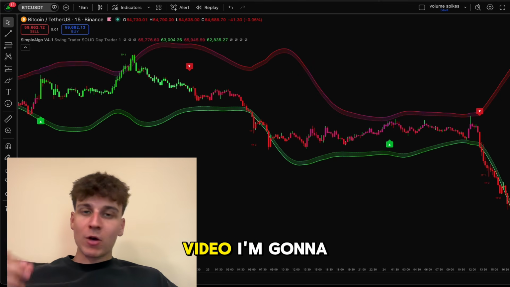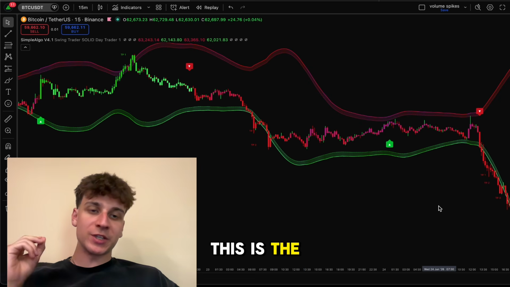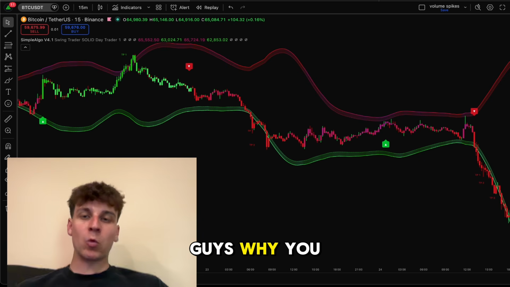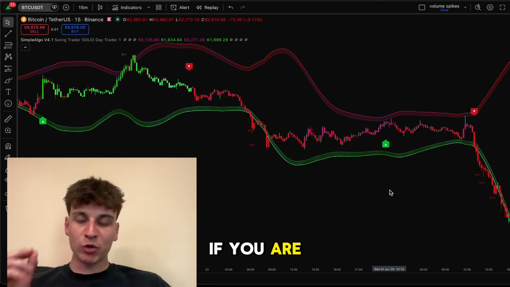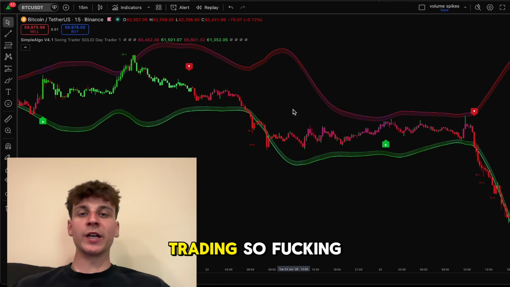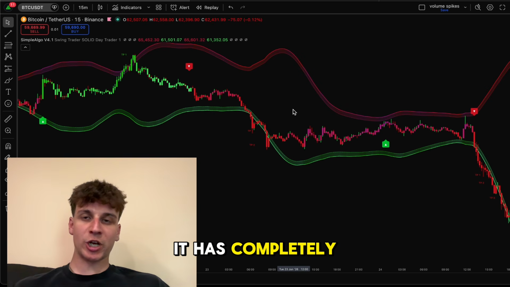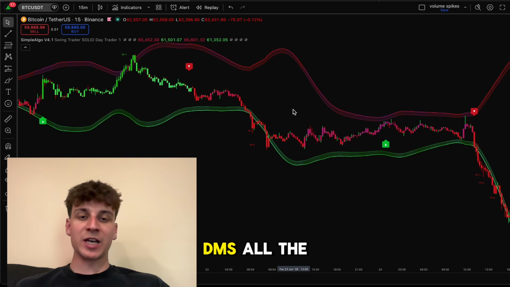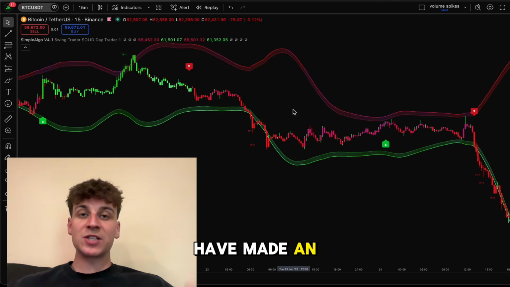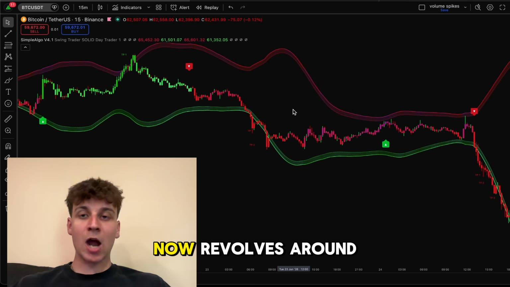Anyway, in today's video, I'm going to be showing you guys Simple Algo V4.1. This is the latest TradingView indicator that we recently released. Now I'm going to be showing you guys why you need to be using this indicator if you are a beginner trader in 2026. This tool makes trading so fucking easy. You have no idea. It has completely changed the way I trade, and I get DMs all the time of people telling me how they have made an entire system around this indicator, and their entire trading now revolves around